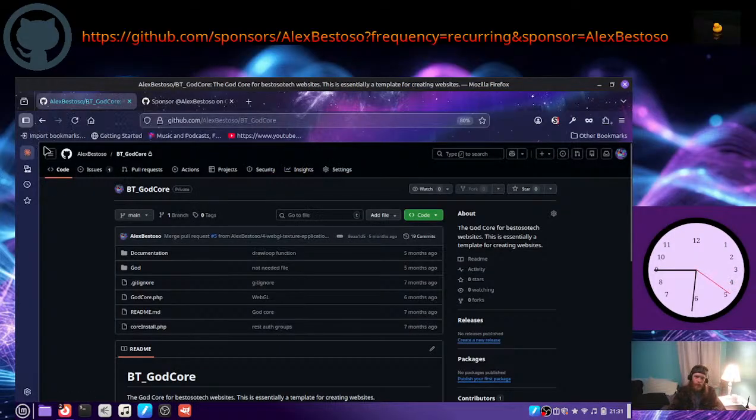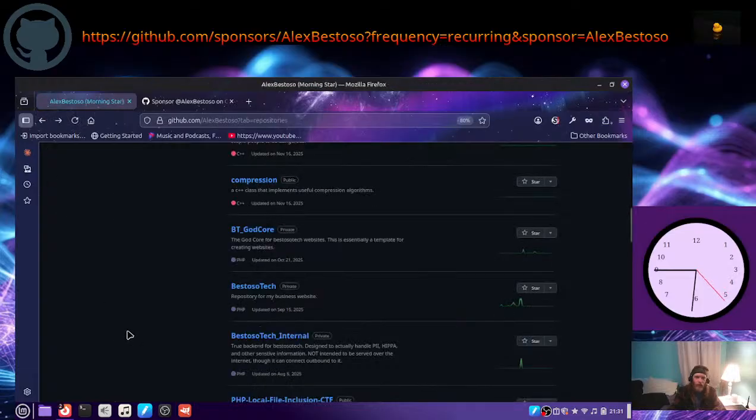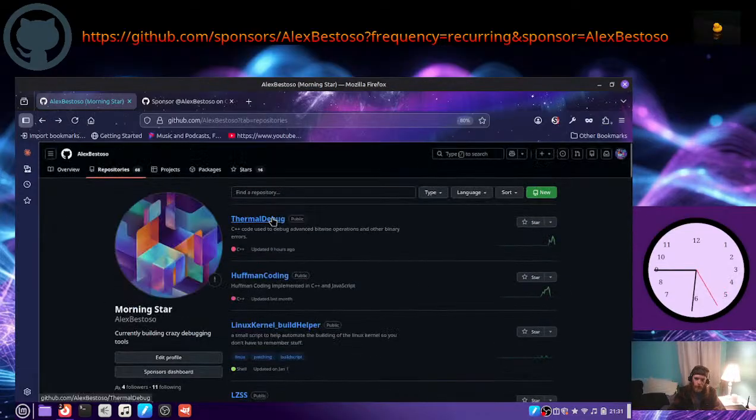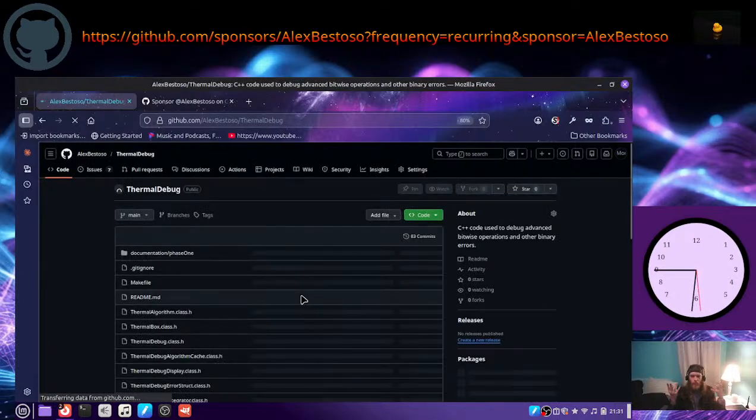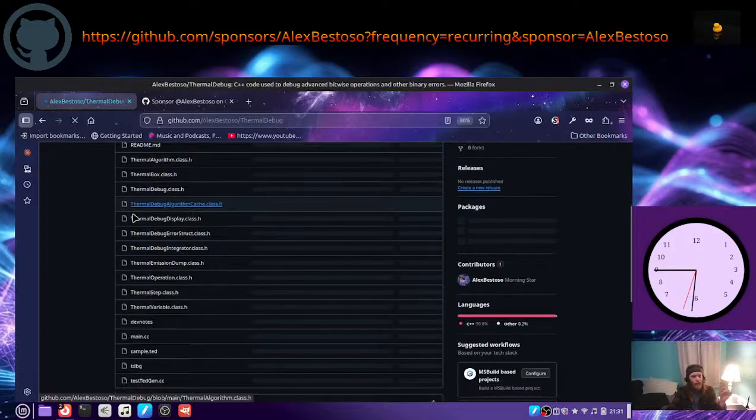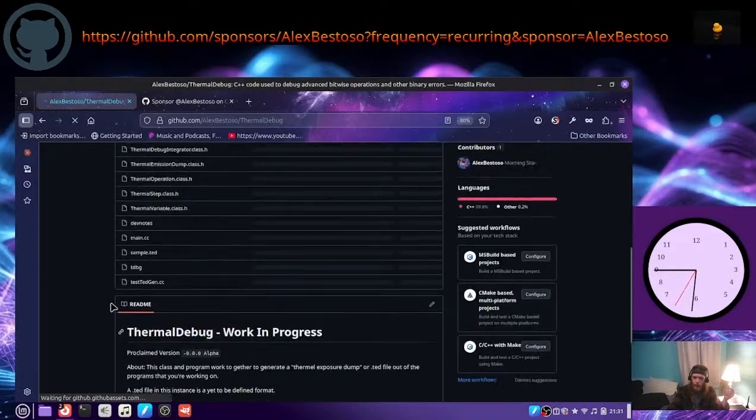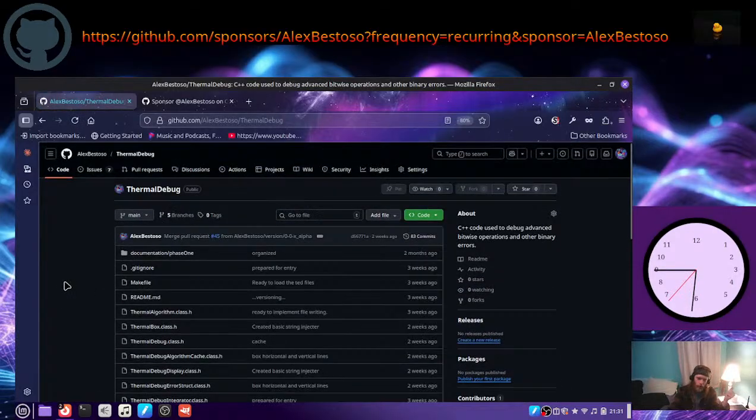That's why I'm building this thermal debug thing. Just call it thermal debug because I want to make the equivalent of a thermal imaging camera debugging your code, you know. So that's where it's going. I'm also gonna have UIs for days,